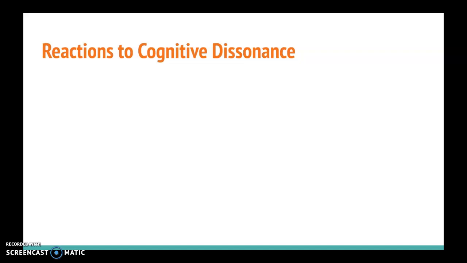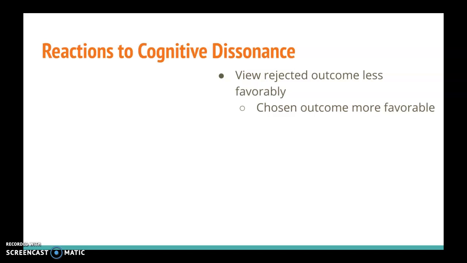There are several different reactions that people can have when experiencing cognitive dissonance. For example, if an individual has to choose between two outcomes, both of which are desirable, that individual might choose to view the rejected outcome less favorably than the outcome that they chose, and see the outcome that they chose as more favorable. And this devalues the rejected outcome in order to justify the choice that they made between these